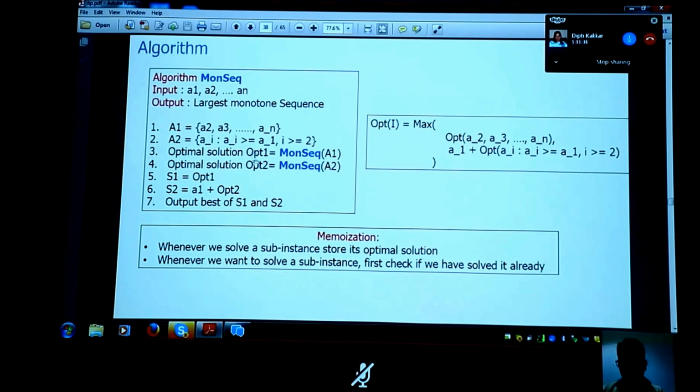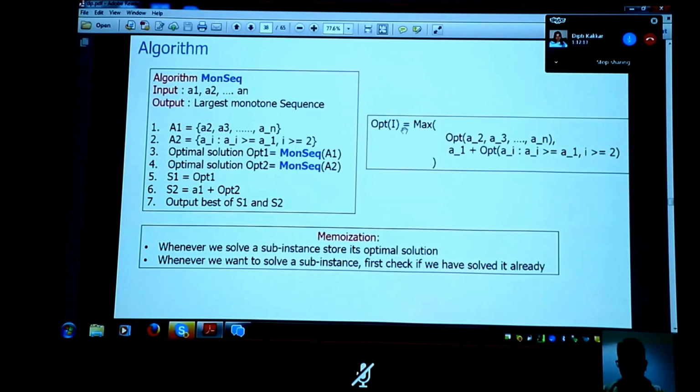You solve them, find opt 1 and opt 2. In the first case, you can't add the 10 to it, right? Then the solution you'll get is just opt 1. You'll only get the best of this. In the second case, you take the best of this, which is opt 2, but you can add A1 to it, right? You get some benefit for killing. You get to add A1 also. So that is your S2, right? And you can now choose the best of these two. That will cover both the possibilities of picking A1 and not picking A1. So I just output the best of S1 and S2.